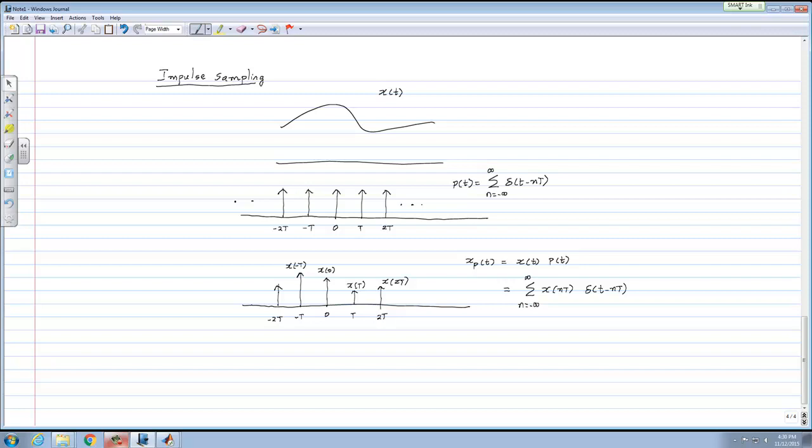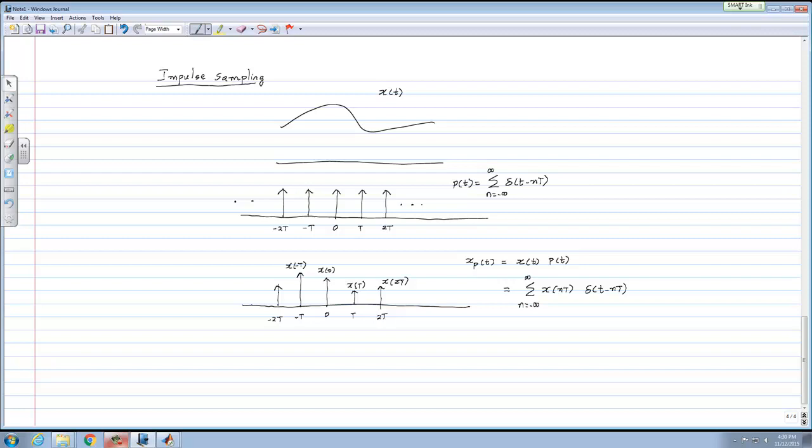So of course now we are given this signal x sub p of t. Now from here we can conceptually think of a discrete time signal which would take exactly the values of x of nT, but at time instances 1, 2, 3, so on and so forth, instead of T, 2T, 3T, and so on and so forth. Right? There is really no loss of generality in working with this signal. This is pretty much a discrete time signal. We could make a discrete time signal from this.